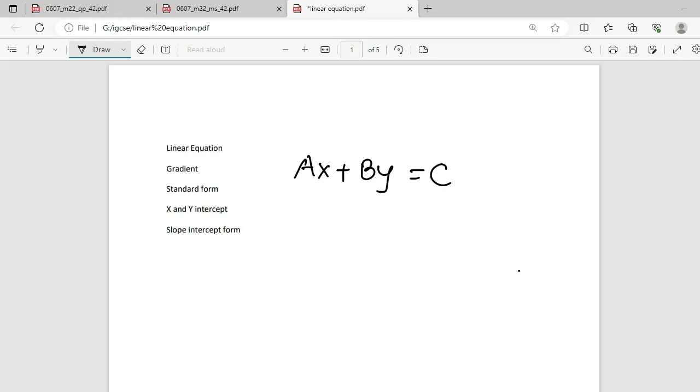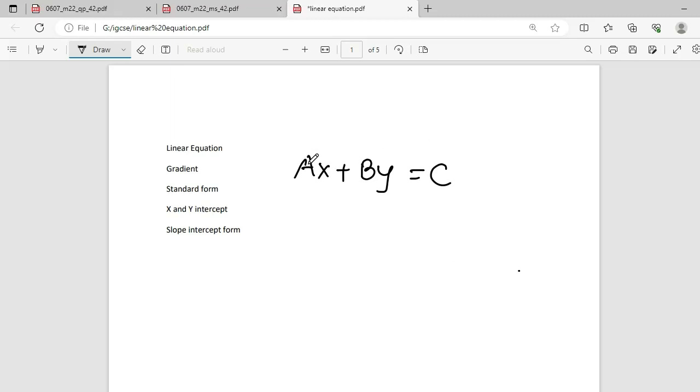In this session we are going to explore the linear equation, gradient, standard form of the linear equation, how we can identify x and y intercept, and how we can convert the standard form into the slope intercept form. So when we talk about the linear equation, here there is an equation which I have written here,